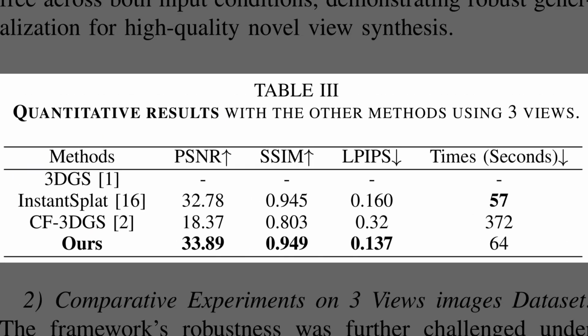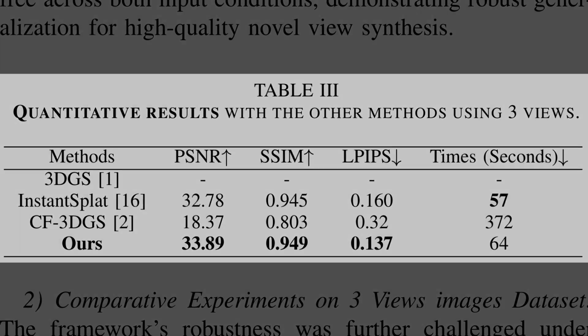Alright, Table 2 just examined the trade-off between quality and memory, and Table 3 now zeroes in on the extreme 3 view setting against other published methods. The table reports PSNR, SSIM, LPIPS, and total training time in seconds. Instant Splat reaches PSNR about 33 and SSIM about 0.95, but our method pushes PSNR to about 34 with the same SSIM and noticeably lower LPIPS. Our method also stays reasonably fast at about 64 seconds, just slightly slower than Instant Splat and vastly quicker than